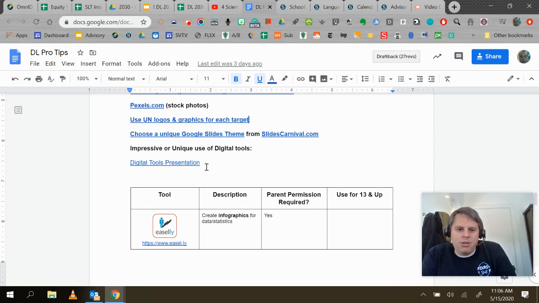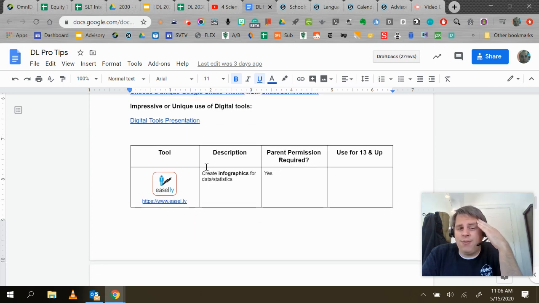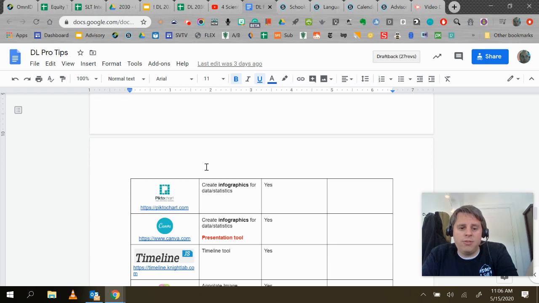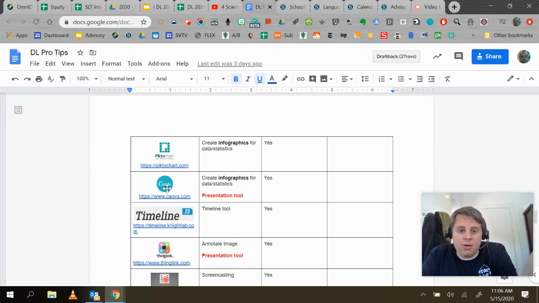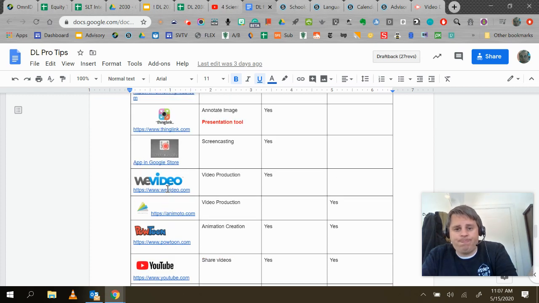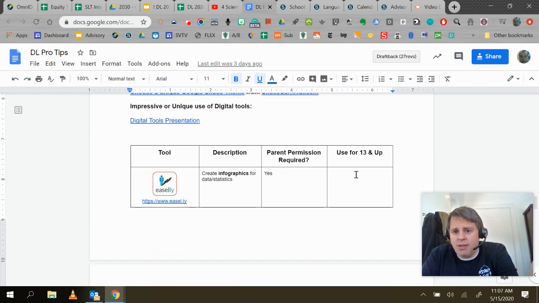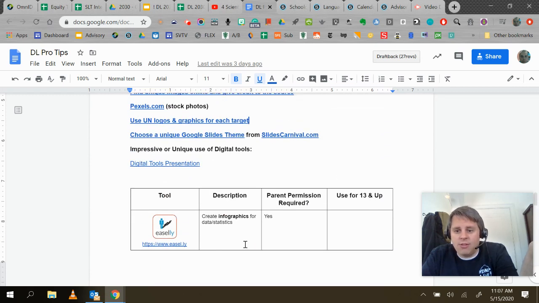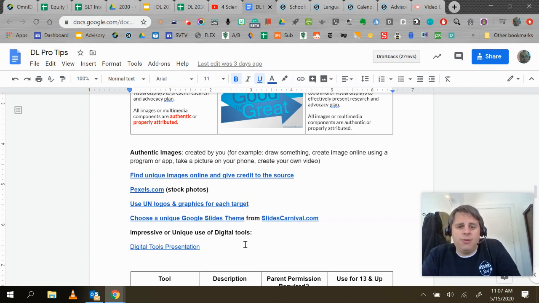And below here are some digital tools. If we had more class time and stuff, I would maybe ask people to dig into these and think more about these. Again, if you feel like you've done enough work given our distance learning, please don't feel like you have to go the extra mile here, but these have been useful in the past for our students. One thing I would say is Canva is really good to create infographics and things like that. It's pretty easy to use. There's a few other links here that maybe you're familiar with or not. Some of these require parent permission, and some of them are only for people 13 and up. Again, don't feel like you have to go the extra mile and use this. These are just things that we've found that have worked well for students in the past.